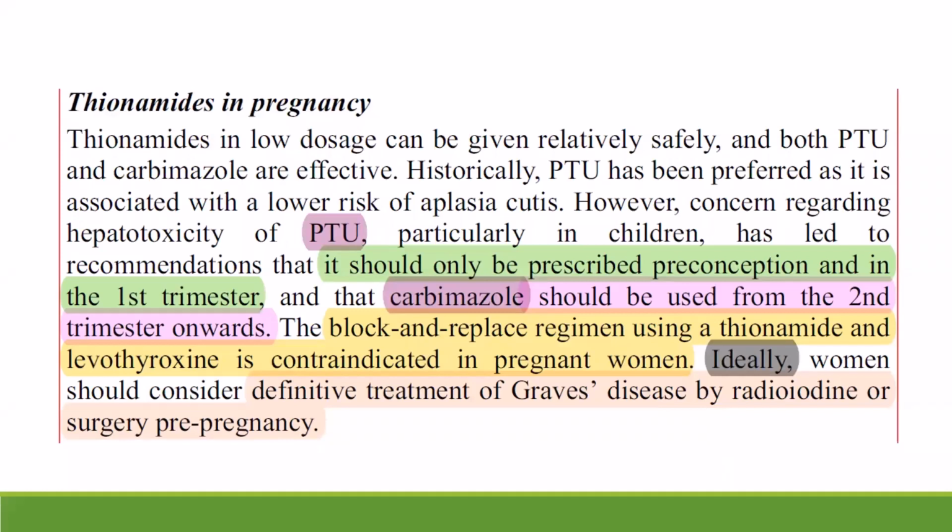Cyanamide in pregnancy, this is very important. Propylthiouracil is less teratogenic than carbimazole. Propylthiouracil is used in the preconception period and in the first trimester, and carbimazole in the second and third trimester. Block and replacement therapy is contraindicated in pregnancy. Definitive treatment of Graves' disease by radioiodine or surgery pre-pregnancy is ideal. So any female presenting with Graves' disease who will be married in the next few months, I suggest doing surgery